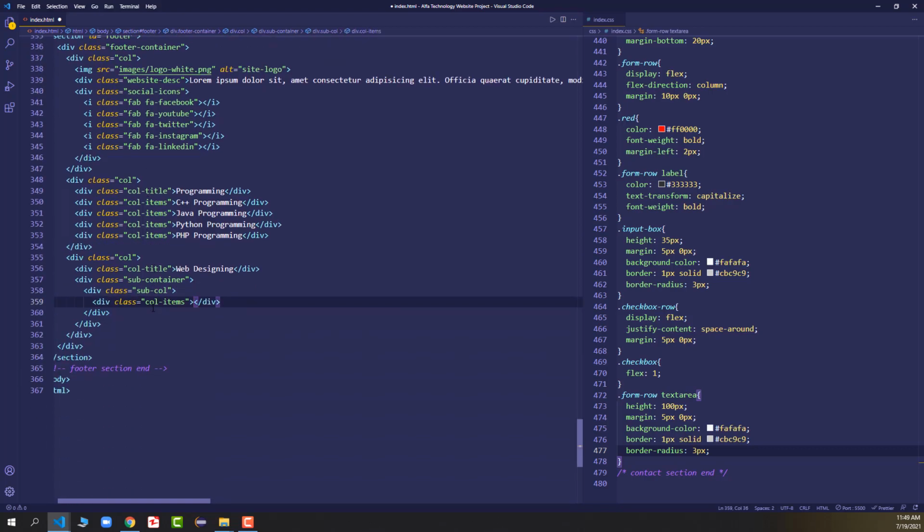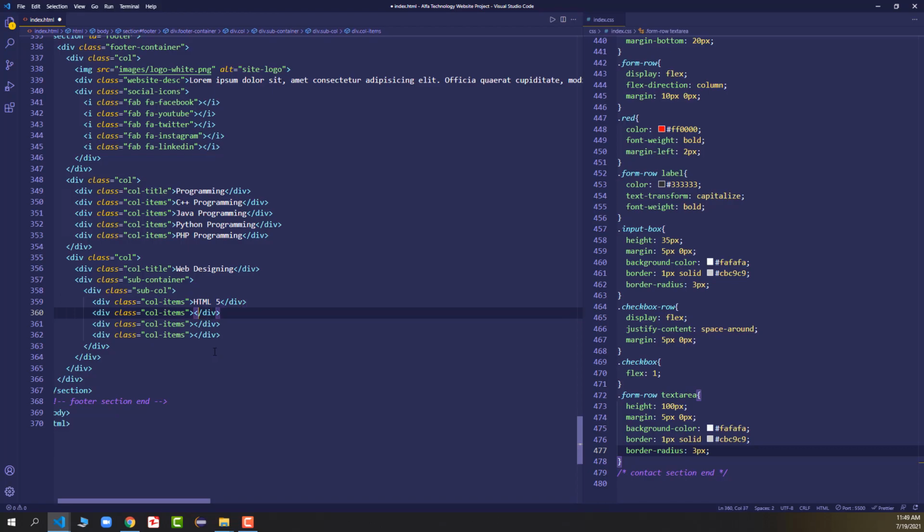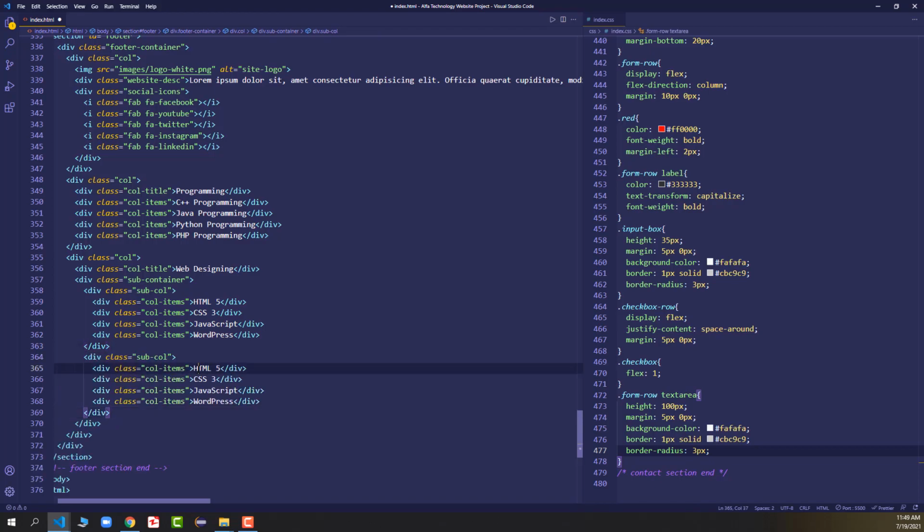I will copy the items 4 times, and here I will have HTML5, CSS3, JavaScript, and WordPress. After that I will just copy the sub col, and then I will paste it, and here I will replace them with Django, PHP, React.js, and finally Node.js.